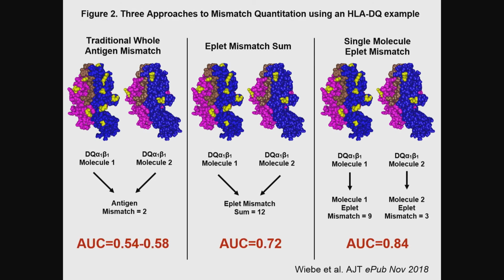Nevertheless, if we compared the AUC scores of these various methods, you can see that the traditional method we've been using for a long time is very poor. An AUC score of 0.5, of course, is like flipping a coin, so it's not much better than that, for reasons we already went through. The eplet mismatch sum is significantly better, and the single molecule method had another significant improvement in the AUC,